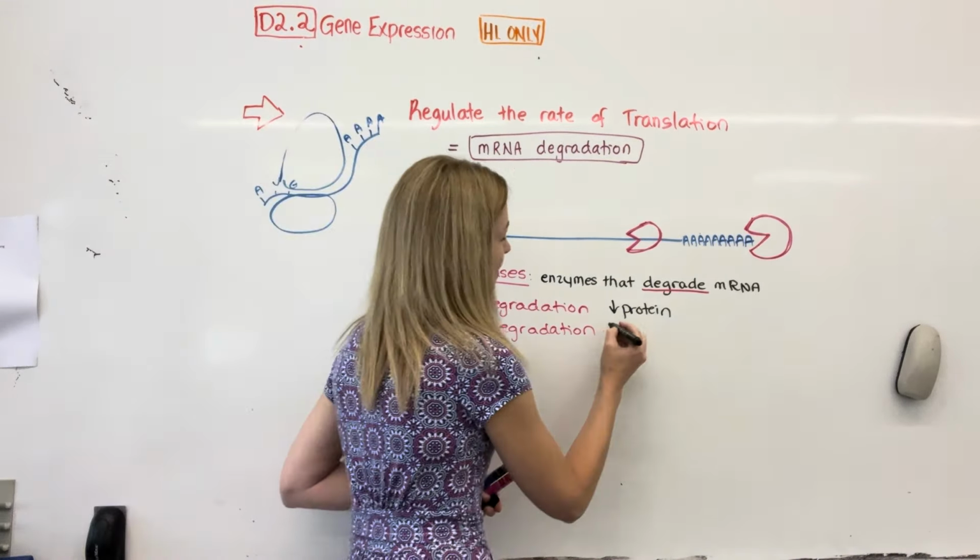And now on to another unrelated topic, which is osmosis. Okay, welcome to D2.3. It's essentially on water movement, so it is called water potential. Although if you're SL, you don't have to know that term, water potential. You're just looking at it from an osmosis standpoint. If you are HL, you will also have to do the water potential side of it.